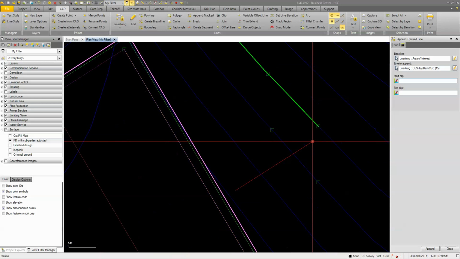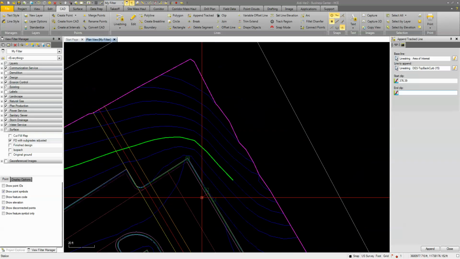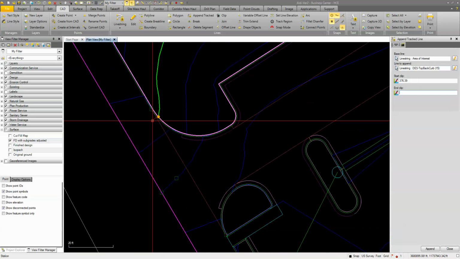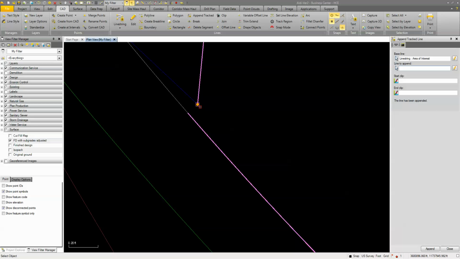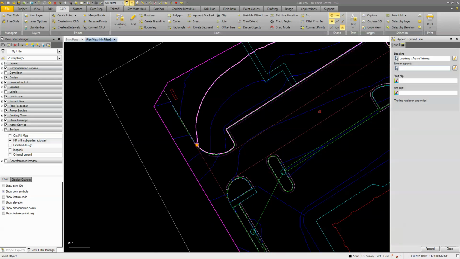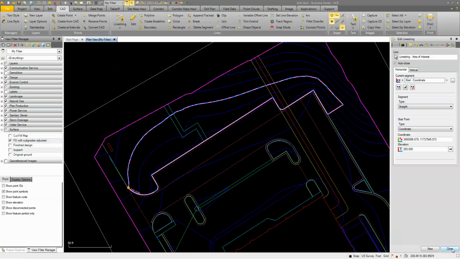Click this as my starting point. It's going to draw a line from that point to this point, and then I'm going to pick the end point back over here, where I'm just going to pick the start point. You can see it draws that line all the way over to there, and if I just use the auto close by closing this, clicking auto close, now I have a closed shape that I can use for maybe an